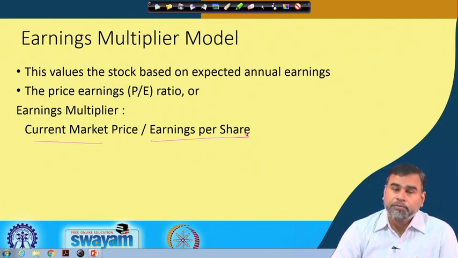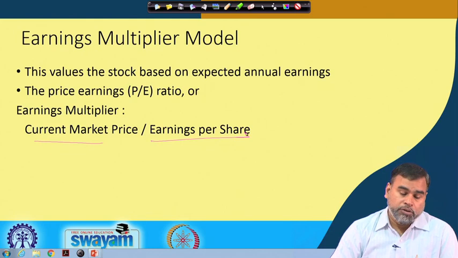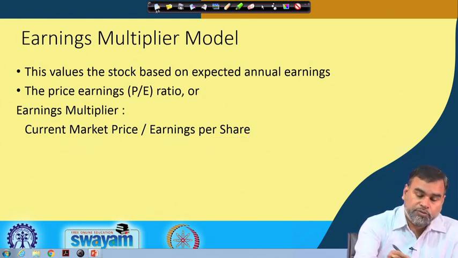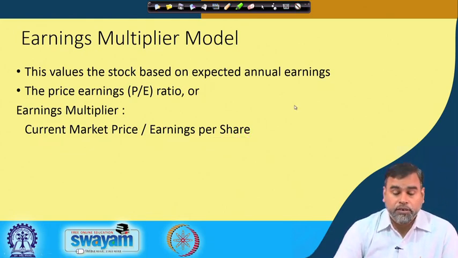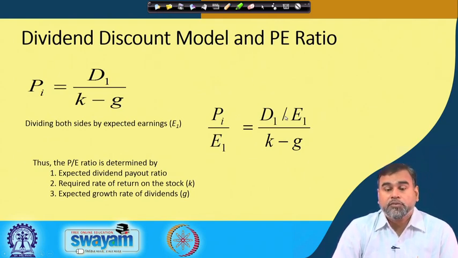So, lower the P/E, better for the investor, because there is a growth potential of that particular stock. You are investing less and getting more. So, that is the way the P/E ratio is interpreted in the market. Then we can see that there is a relationship you can establish between the dividend discount model and the P/E